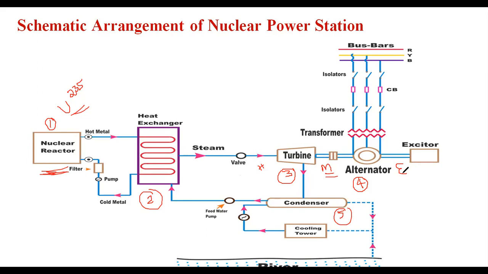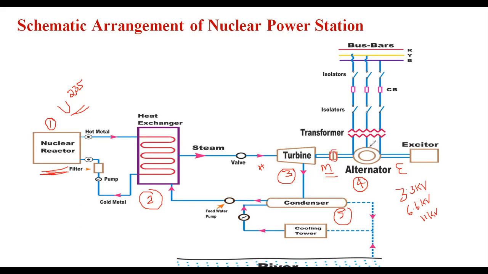The alternator is also called the AC generator. In the alternator, the generated voltage is 3.3 kV, 6.6 kV, or 11 kV. In the US and Japan, 33 kV is also generated, but in India the maximum generated operating voltage is 11 kV. The mechanical energy is converted to electric energy at operating voltages of 3.3 kV, 6.6 kV, and 11 kV. The alternator and the turbine are attached on the same shaft with the help of a coupling.